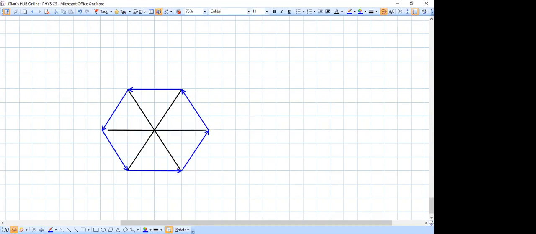Okay, so now the important thing about a regular hexagon is that because all the sides are equal, this side is equal to this side is equal to this side. So what happens is they all subtend equal angles at the center. These angles are 360 degrees divided into 6 equal angles. So theta becomes 360 divided by 6, or 60 degrees.